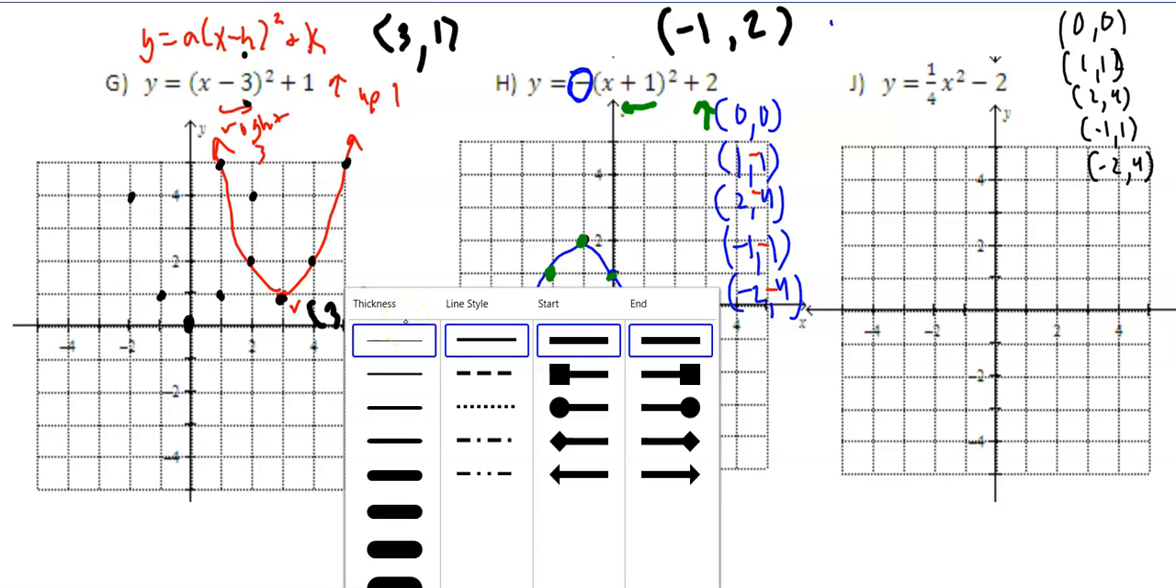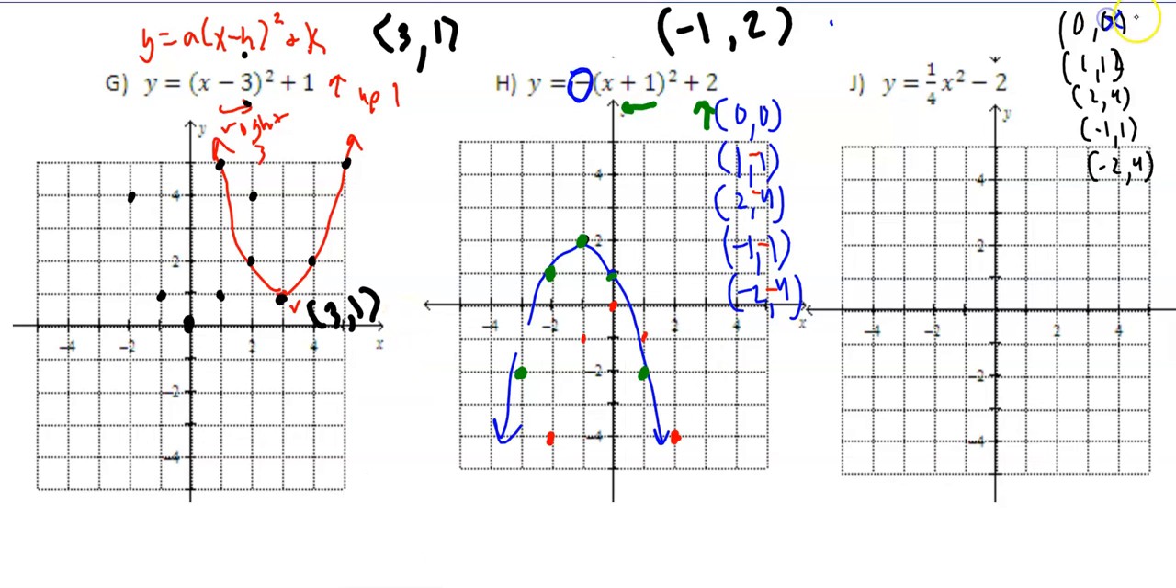All the y values are multiplied by 1/4. We get 0, 1/4, 1, 1/4, 1. You got to go to the plot. 1/4 is about there. 1 is there. -1/4. So you've got your 5 points, and now all 5 of those points are going to move